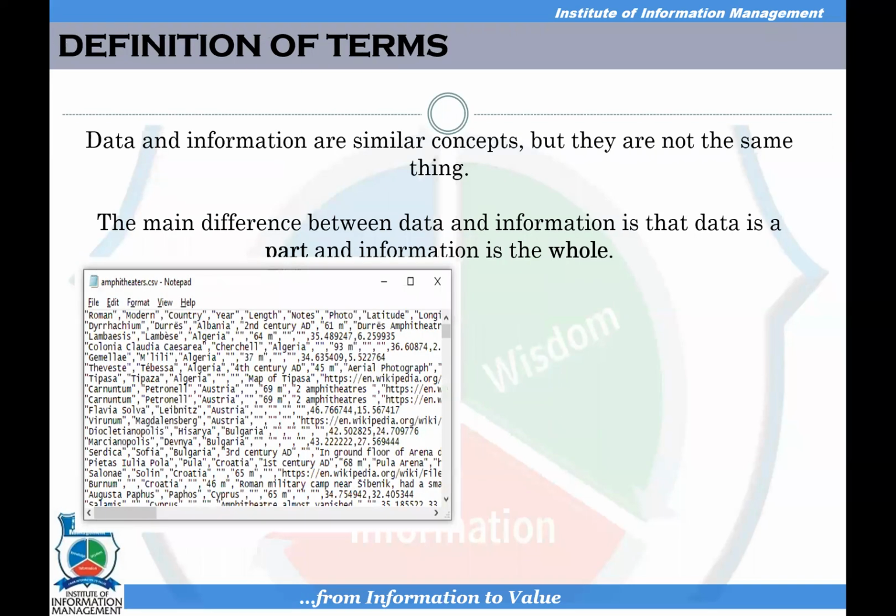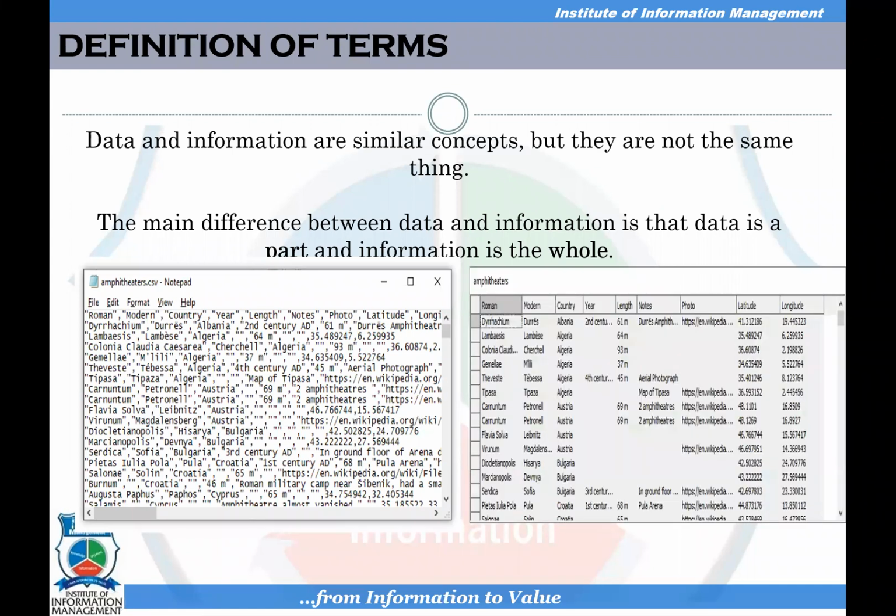So data and information, because it is the basics of data and information. People will wonder, is it the same thing? Is data information? Are they similar concepts? Are they not the same? As you have seen here, the main difference between both is a lot, but yet it's so tiny. Data is just a part and information is the whole. For example, look at this CSV file here. Looking at the data population here, maybe it's imported from somewhere, I don't know, but nobody will understand this.